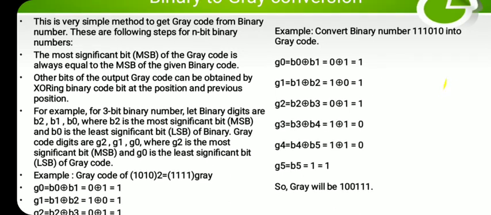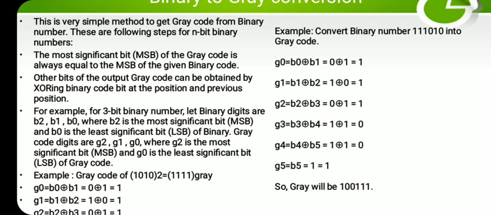Take one more example of 6 digits. It has been shown here. So again the number is 110010. Start marking from the MSB. So it is B5, B4, B3, B2, B1 and B0. Then what is the method? If we are proceeding from LSB, start XORing directly. If we are proceeding from the MSB, the rule is the first bit of the gray code will be the MSB as it is. So first take the MSB 1 as it is.